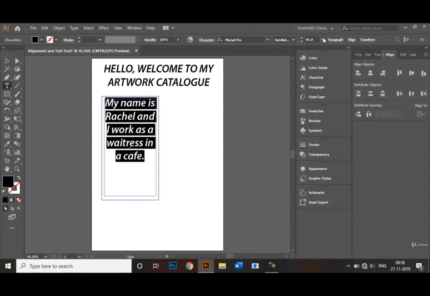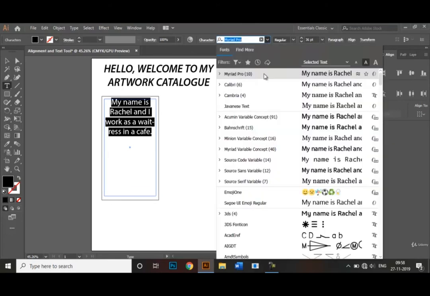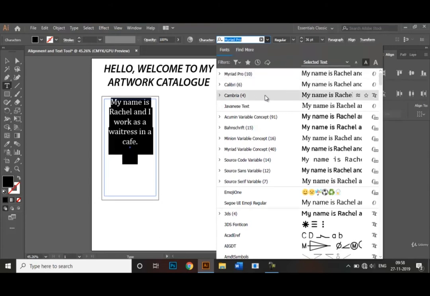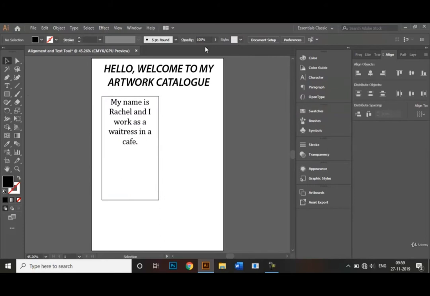So instead of 48 size, let's make it 36, or like that. And I'll make this regular. Now let's also change the font. Right, so by default it's Myriad Pro. We can make it Calibri, Cambria. I think Cambria looks a lot better, like that. So of course you can choose any of the text styles from here.